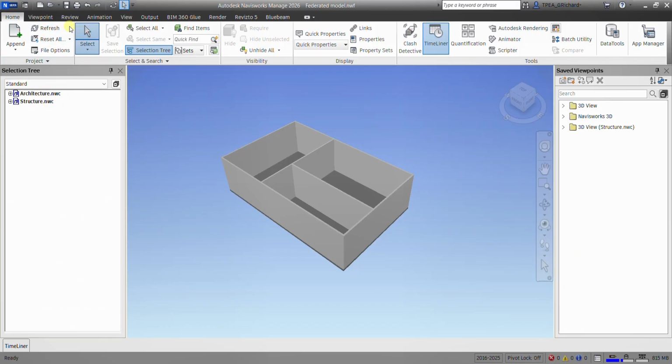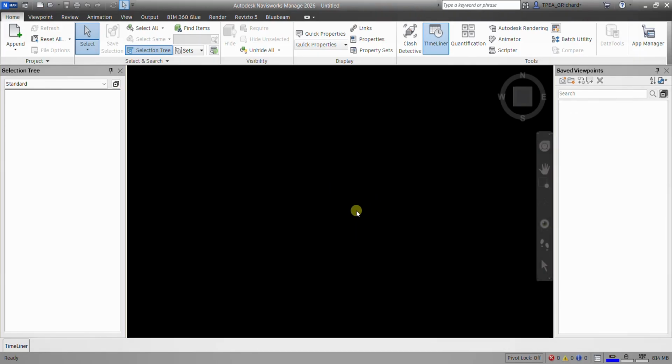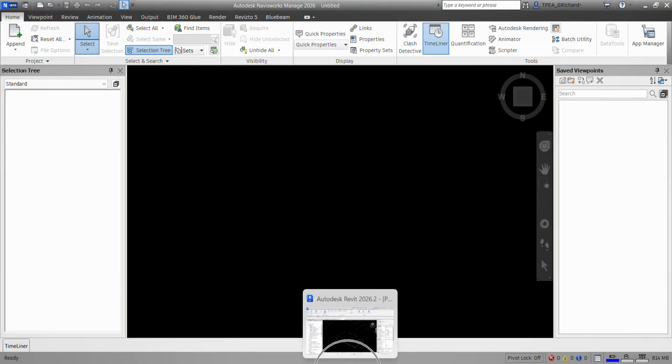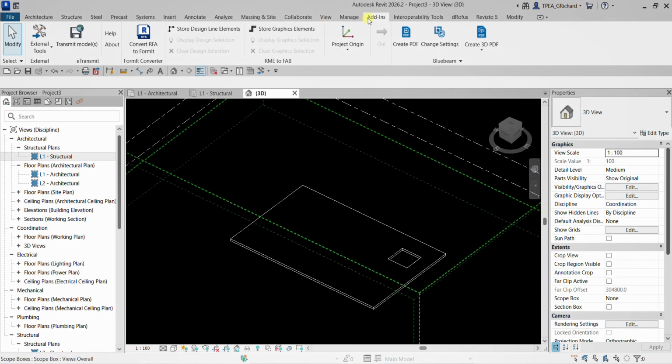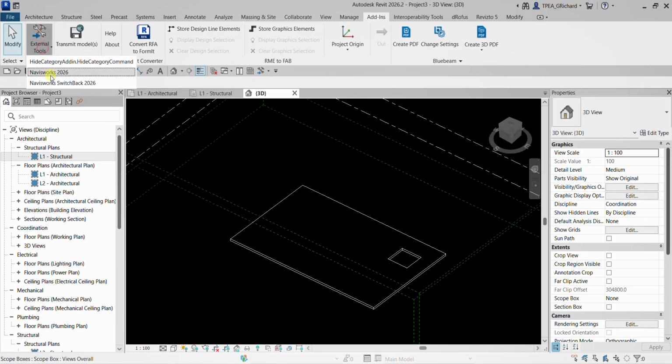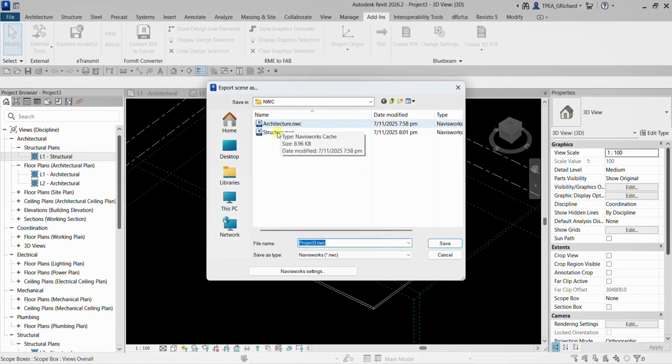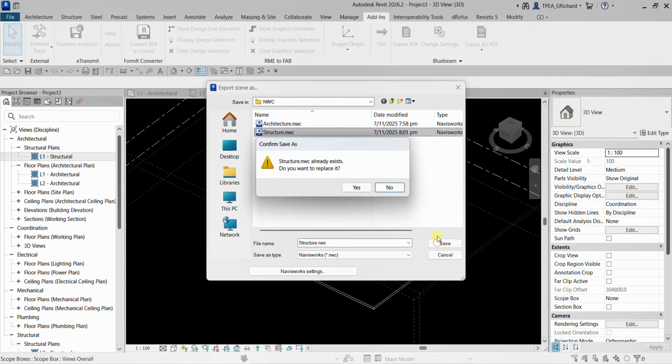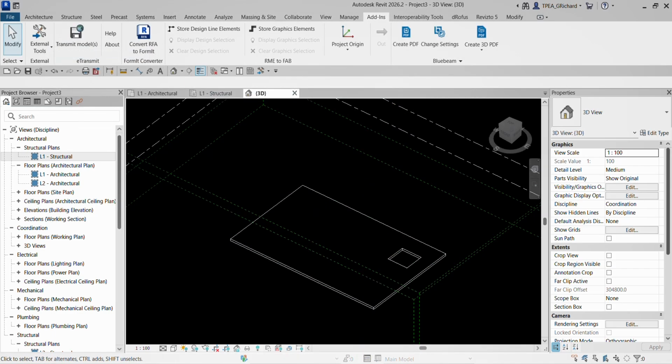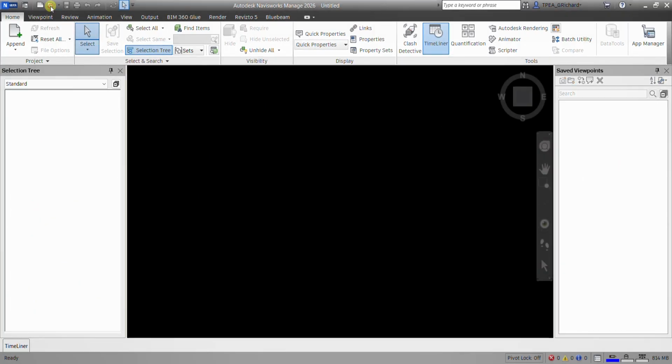So you need to close this. It's either you create a new Navisworks project or just close your Navisworks. In my case, I'll just create a new project so that it will close. So let's go back to my Revit, add-ins, Navisworks. Okay, so I'll just save it, override. Let me go back to my NWF